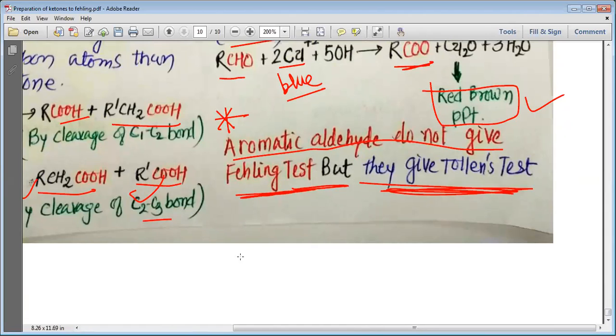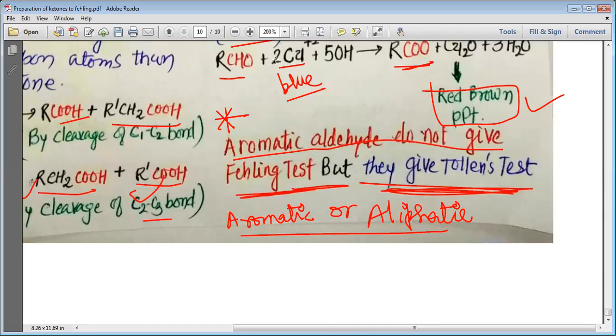So if you want to identify whether the given aldehyde is aromatic or aliphatic, how will you do it? You will allow the aldehyde to react with the Fehling reagent. If it gives the reddish brown precipitates, it is aliphatic. If it does not give reddish brown precipitates, it is aromatic. So suppose you are asked to